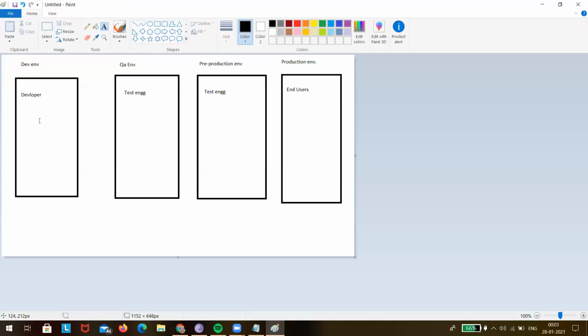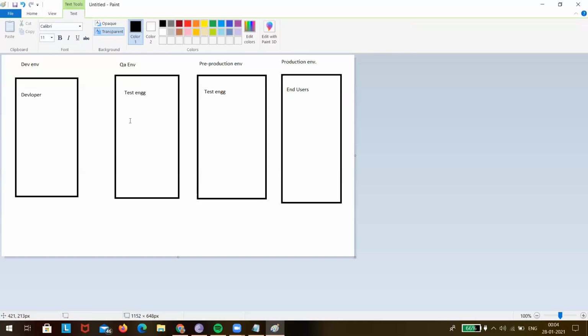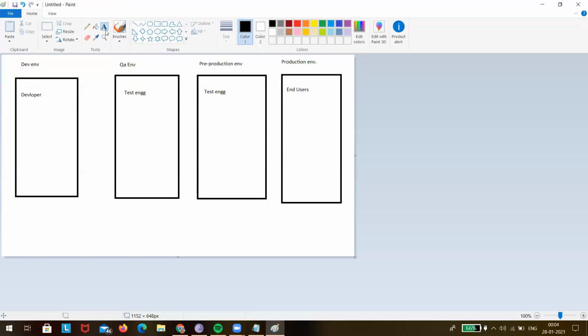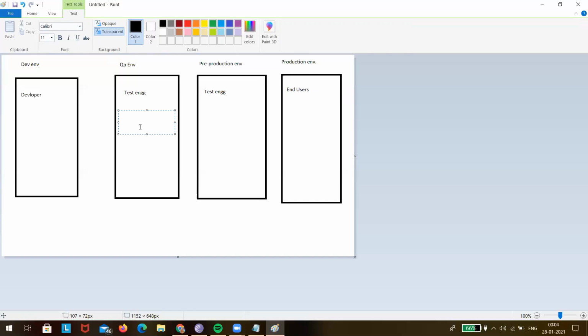So developers, what they are going to do is, any application we get developed, we will test it. Now there is something called configuration. Hardware and software configuration.